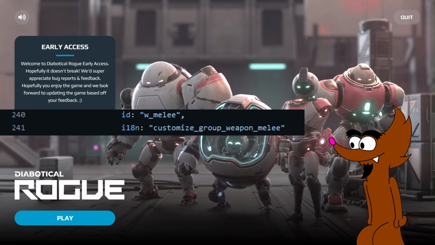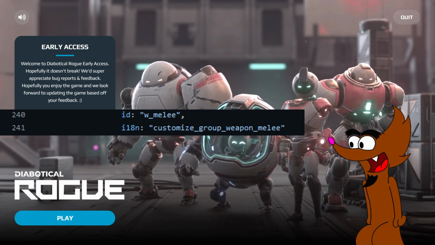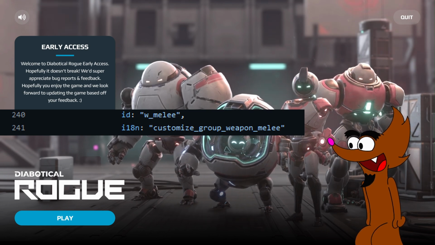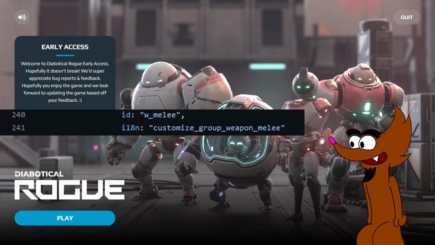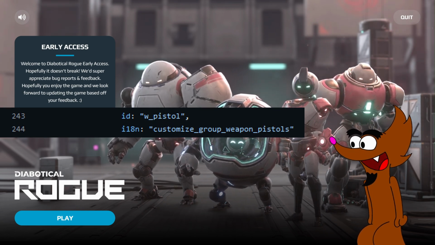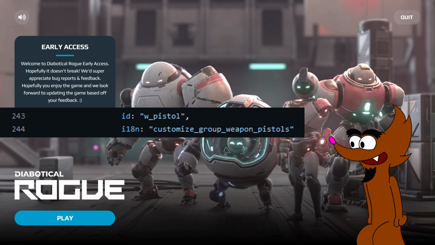And then custom group weapon melee finally referenced. So we might be seeing the melee weapon finally make an appearance. It may just be strictly for the invasion mode. We also have a reference to pistol. This could mean the dual wield pistols for the Weeble are going to be making an appearance in the invasion